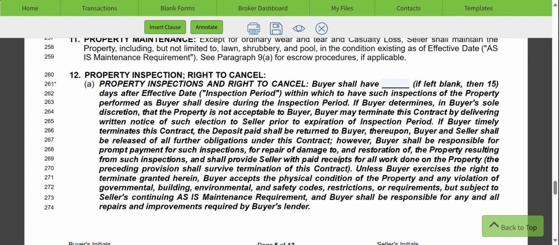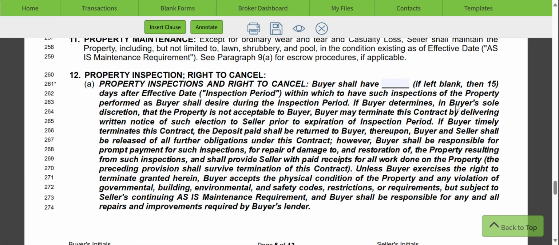You have, under the inspection period, a property inspection and right to cancel period, meaning your inspection period is a certain number of days to conduct the inspections to see whether the property is desirable to you. So with an as-is contract, if the buyer determines, as it states here, in buyer's sole discretion, that the property is not acceptable, the buyer can terminate the contract by delivering written notice of its election not to go forward. That written notice must be provided to the seller prior to the expiration of the inspection